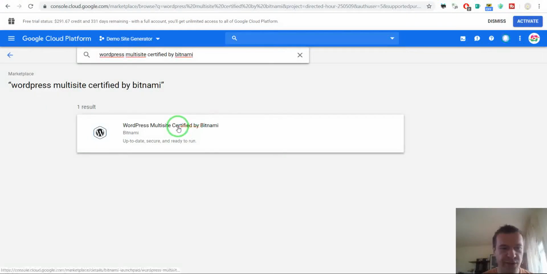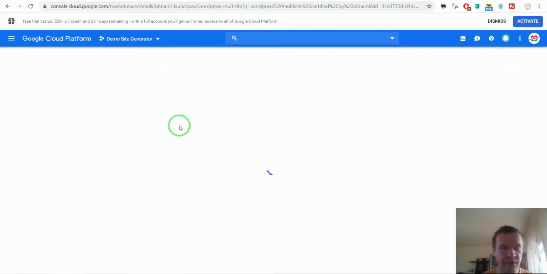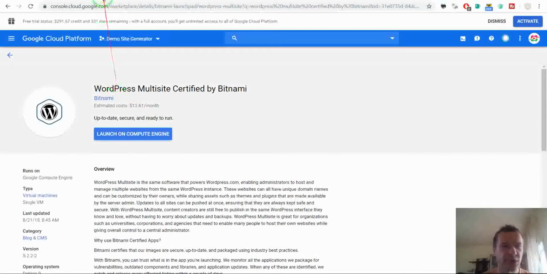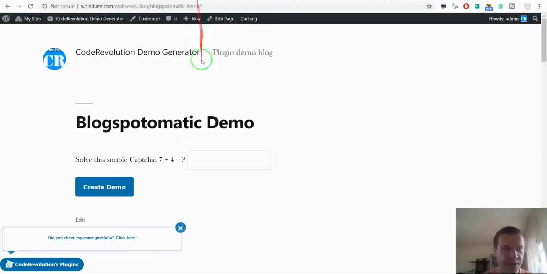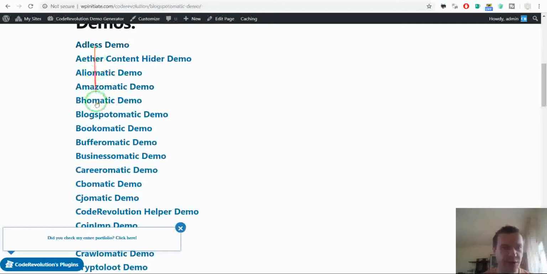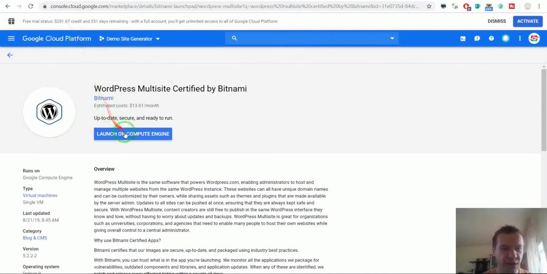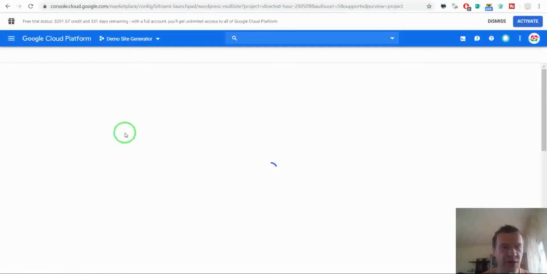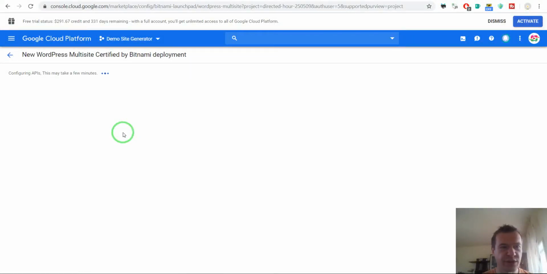This is the one I like to use the most. This is a multi-site install because the layout I want to create works only on multi-site install, because each demo will create a new multi-site instance for the tested plugin. So if we click here, launch on Compute Engine,